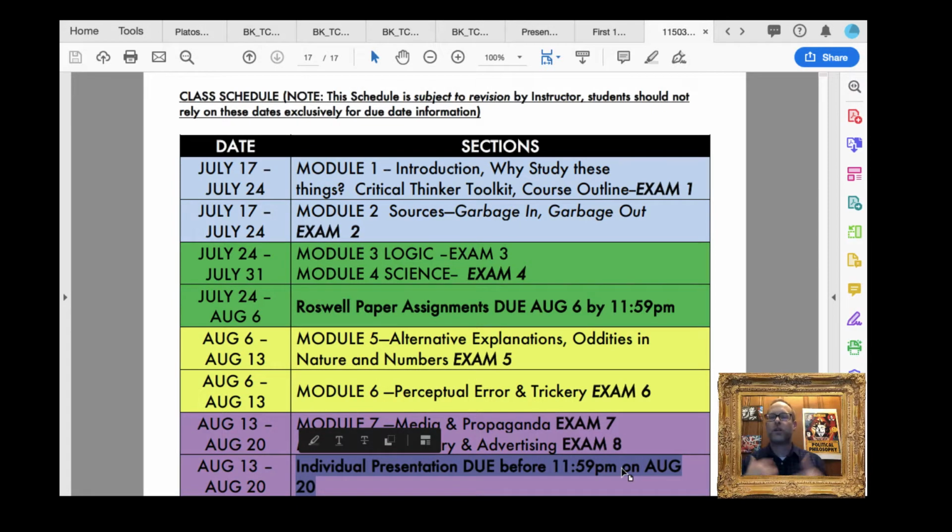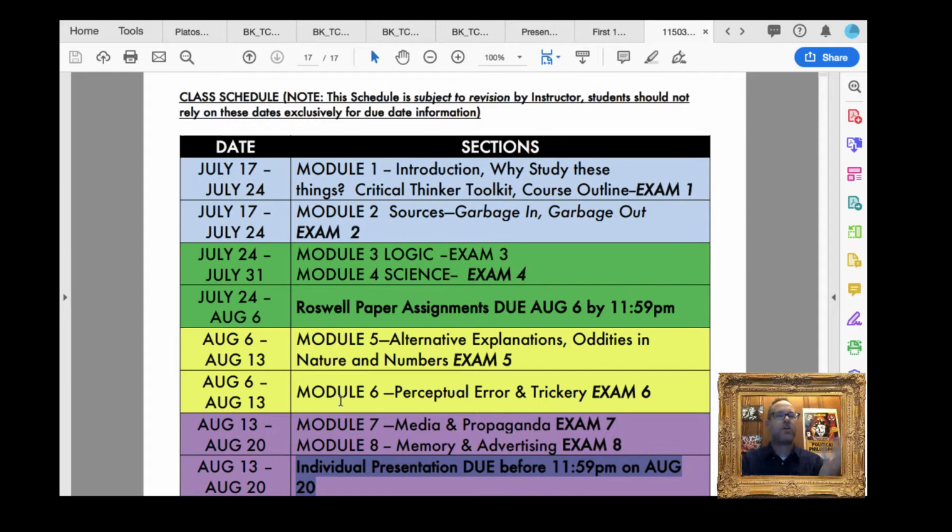So if you are working to finish something up or you're rewriting a Roswell paper for me, make sure you get it done before the 20th. I'll give you a reminder on that date, but I just wanted to make it clear. I'll never shorten deadlines. And lastly, start the modules as soon as you can.